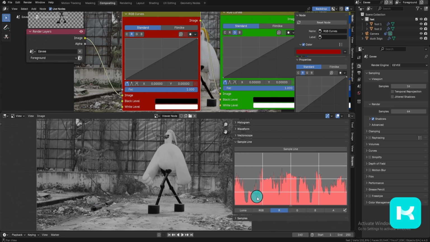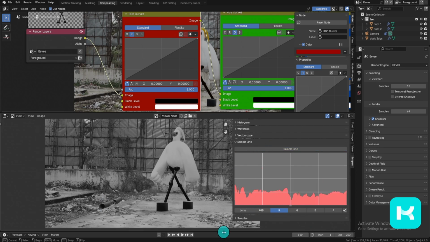So we want to make sure that the lowest point on our background matches the lowest point on our render, which right now in the red channel actually looks pretty good. If I redraw the line from some light white parts of our background, crossing through the white areas of our render, we can check the highest points of the background and the highest points of the render. Everything's actually looking pretty good in the red channel, so we can now move to green by pressing G here,